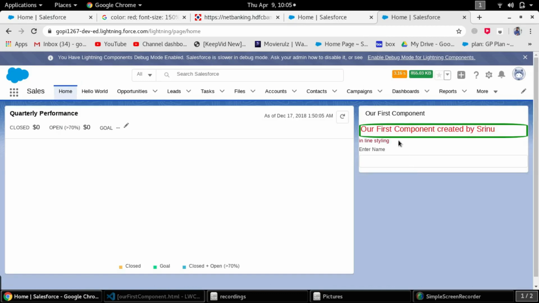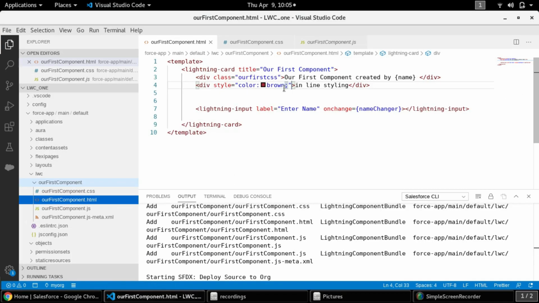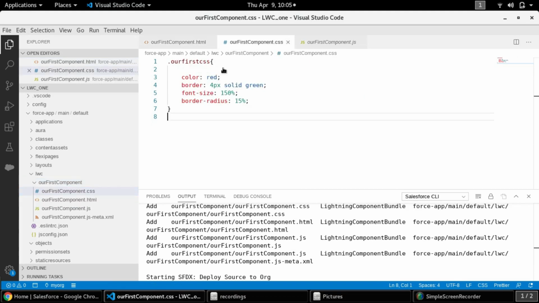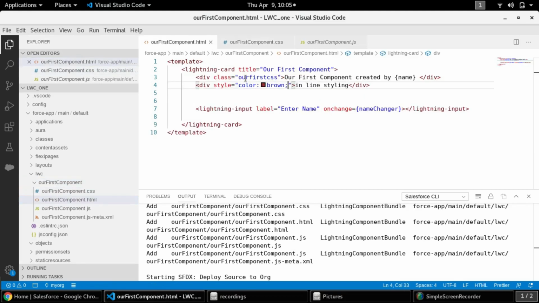See, I am seeing a new line, that is inline styling, and it is definitely in brown color. That's how you have to do the inline styling. Not only that, you can add whatever you like, like border radius, size, everything, colon separated, you can add here. That's inline styling.